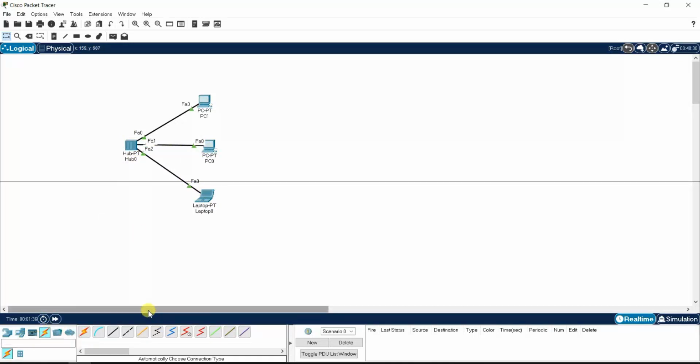Then I use a switch to demonstrate the same example here. Let's assign IPs to it.